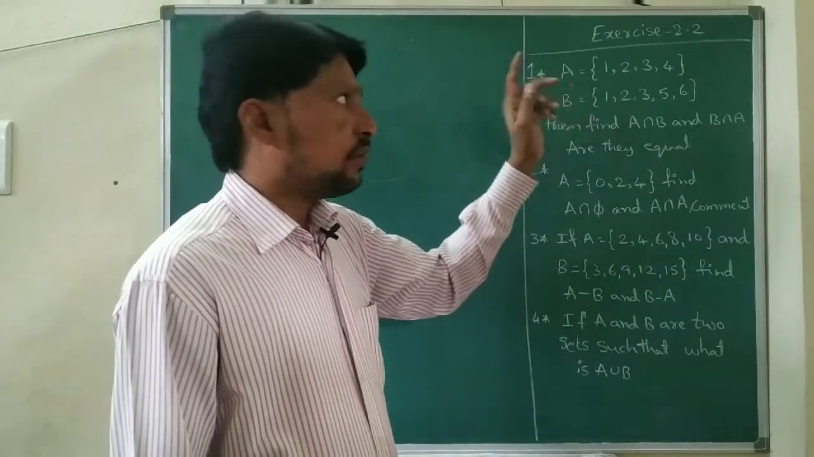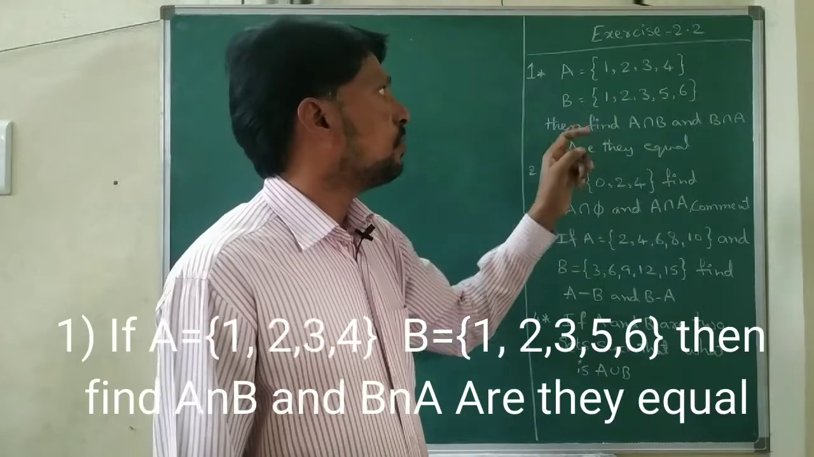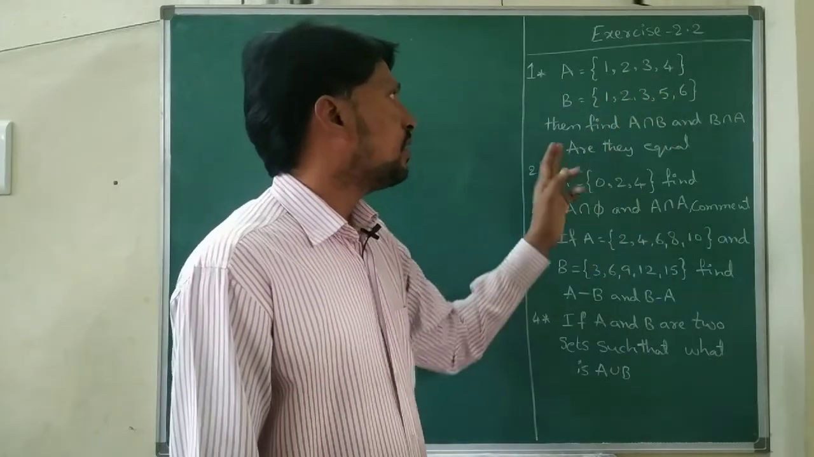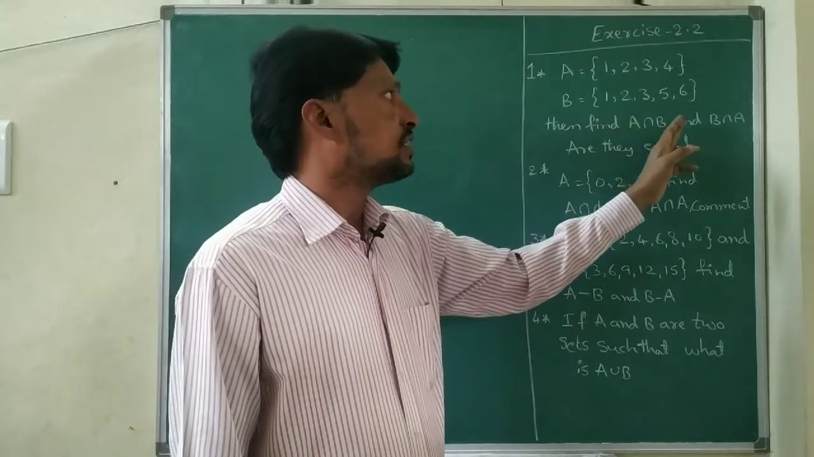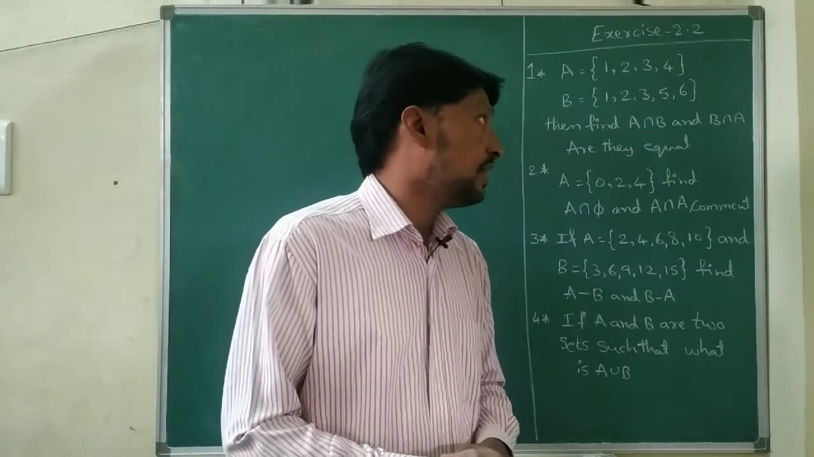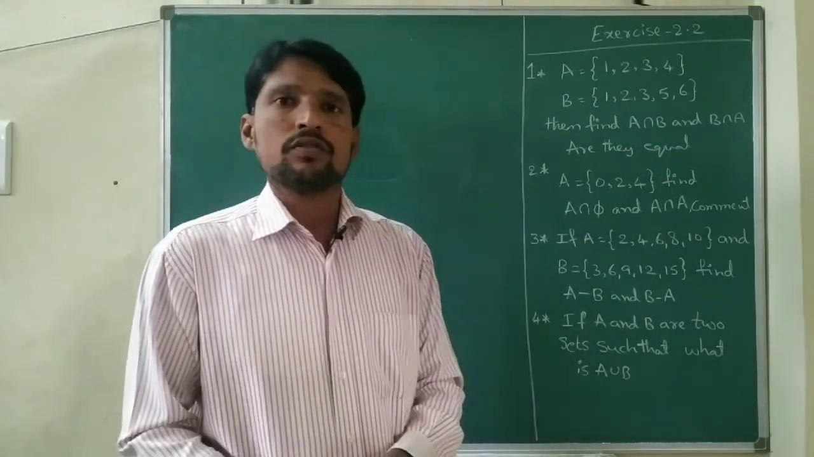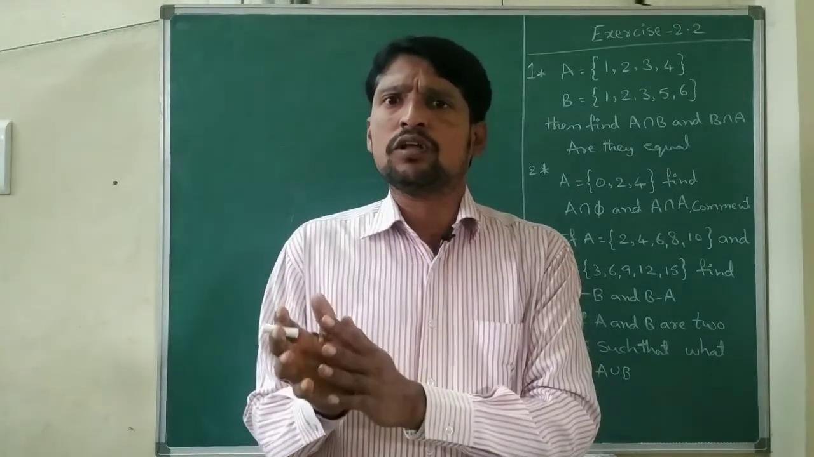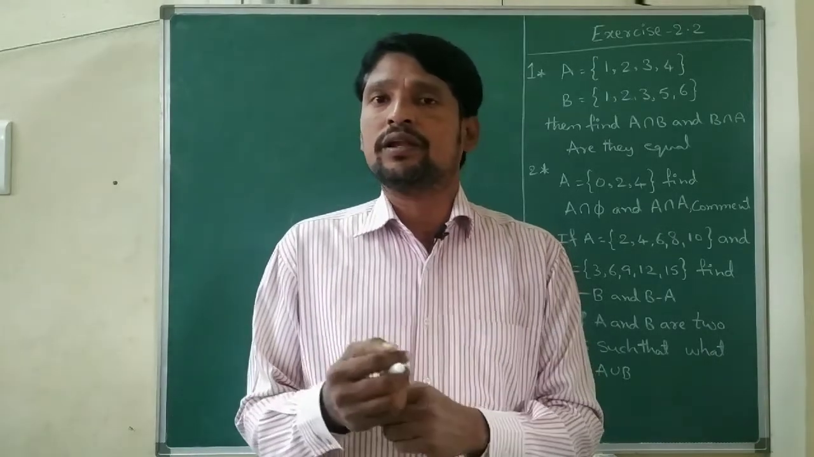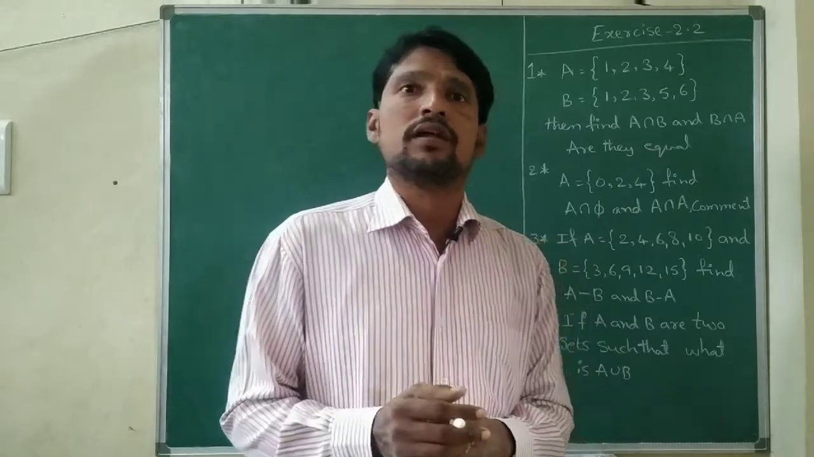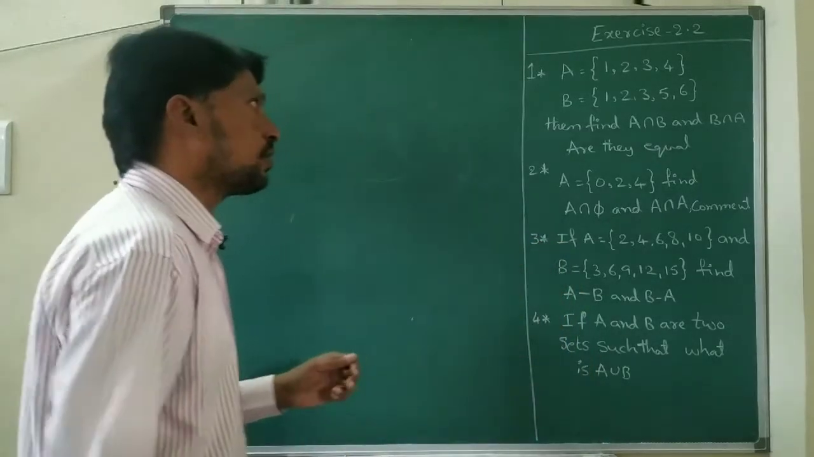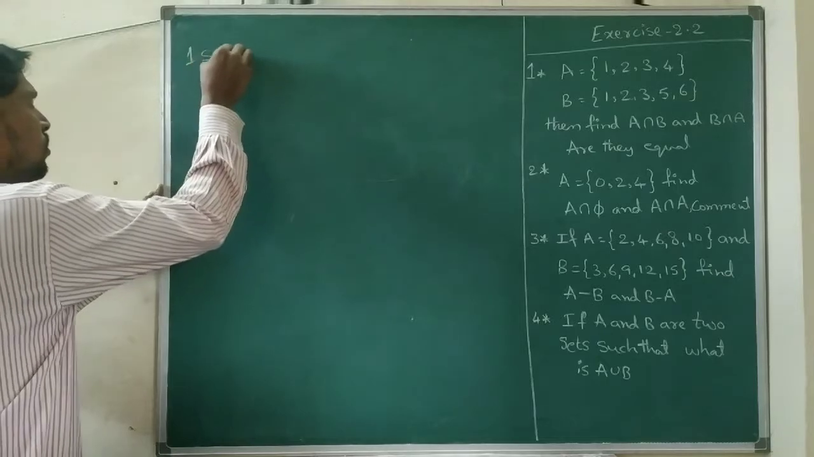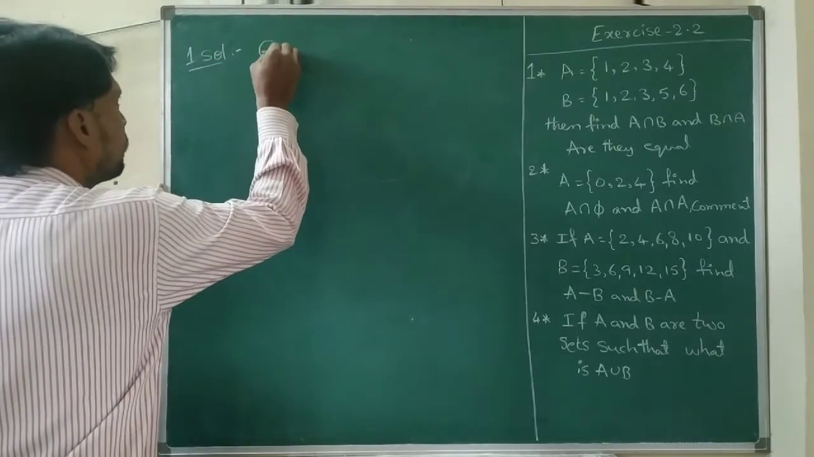First problem, A equals the set of 1, 2, 3, 4. B equals the set of 1, 2, 3, 5, 6. Then find A intersection B and B intersection A. Are they equal? So what is the intersection of two sets? If A and B are two sets, the common elements, what are the common elements, that is the intersection of the two sets. So first question, solution. So given